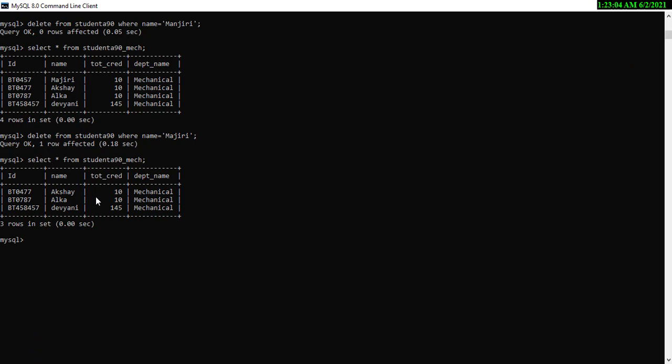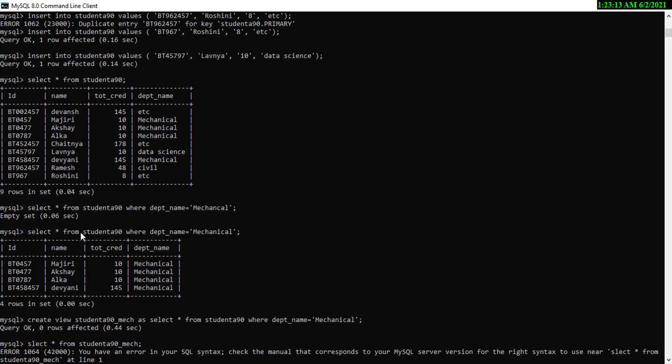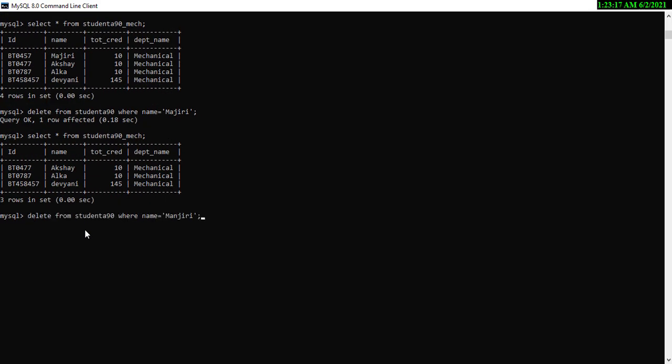So this is how you can create a view. You can create any number of views on any table. Just remember that you should keep giving different names. So for example, I wish to create a separate view for data science branch students. Then I can type create view, and in the view name I give DS, that is data science, instead of mechanical.